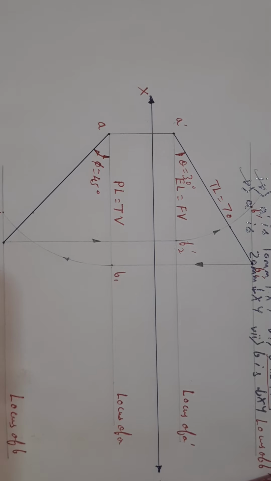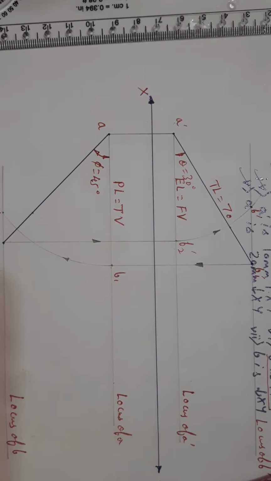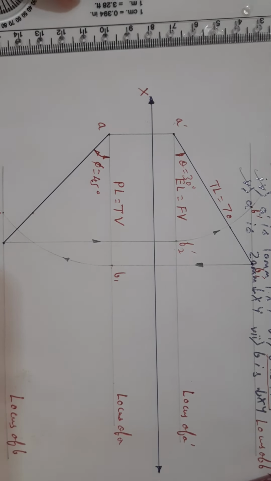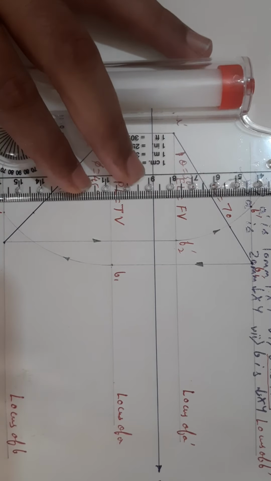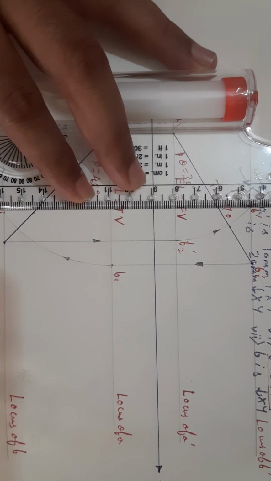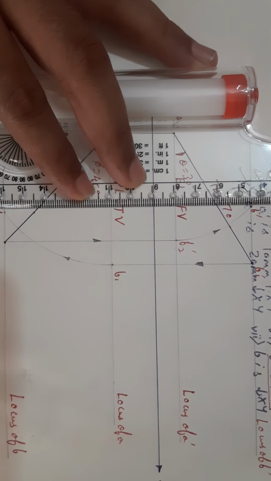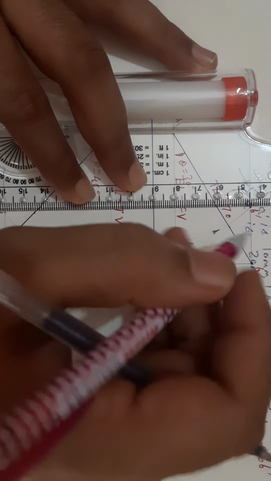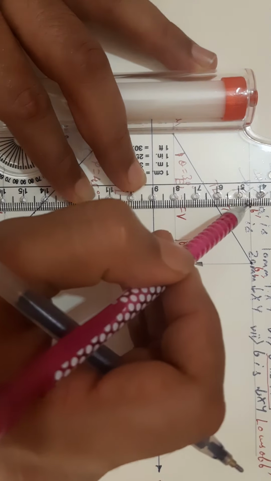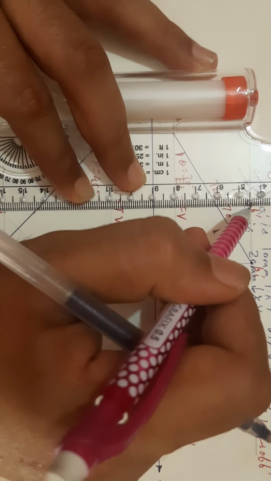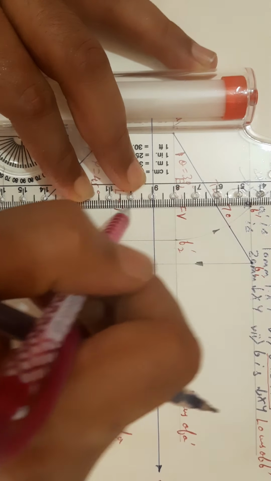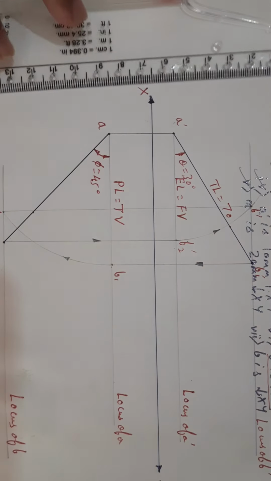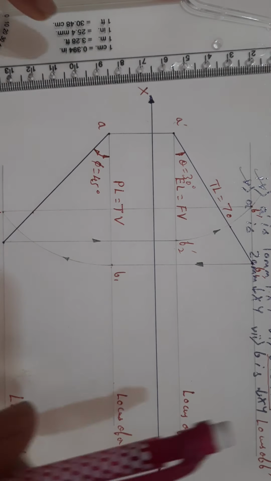And let us now join the front view length and top view length by the dark lines. Before that, just to make sure that the diagram is accurate and correct, just make sure that B dash and B are falling in the straight line. So friends, if you see my diagram, the dimensions are correct, the projections taken are correct. So B dash and B, they are coming in the same line. So that is how the diagram is correct now.